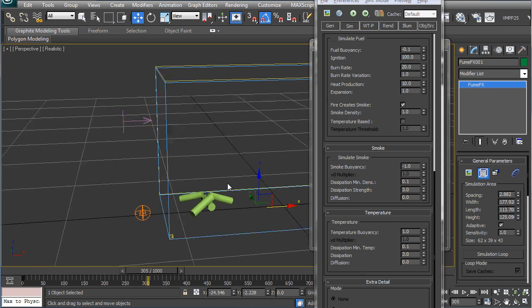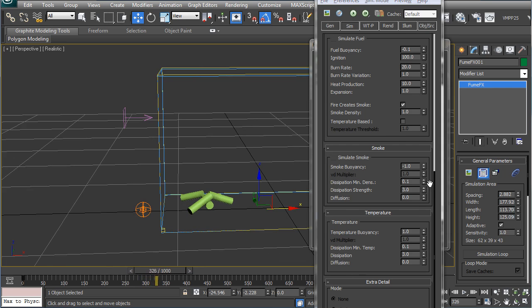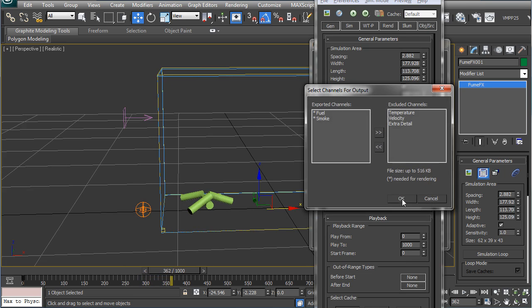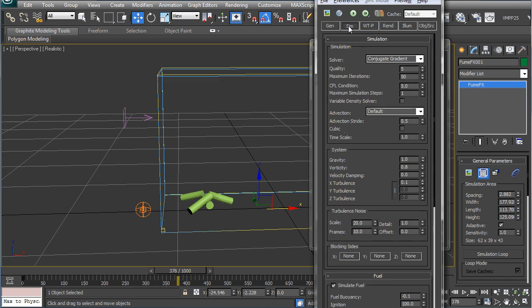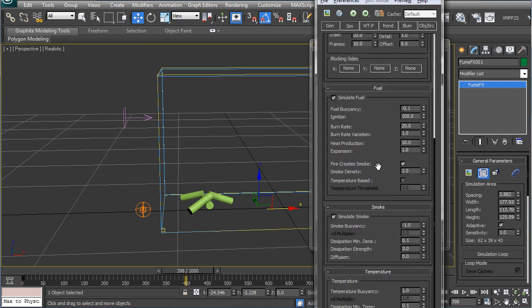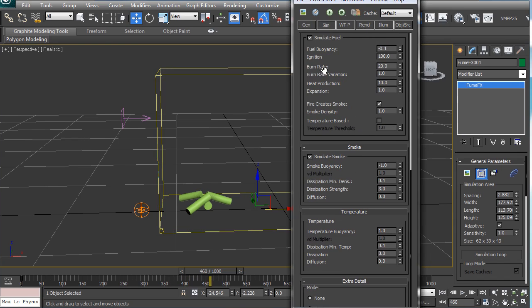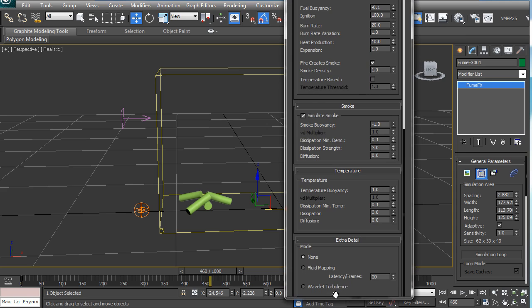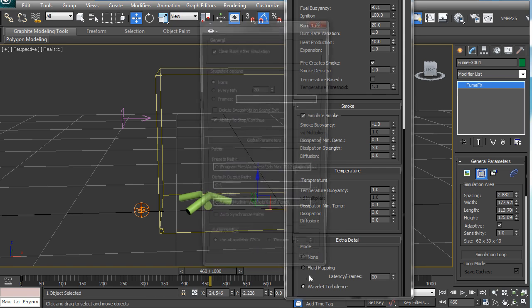So right now let's take a look at what wavelet turbulence does for us. For that, you have to go to the exporting channels and export extra details. Yeah, for that, let's go into the simulation, and let's enable what we have over here as wavelet turbulence, and let's go into the wavelet turbulence tab,